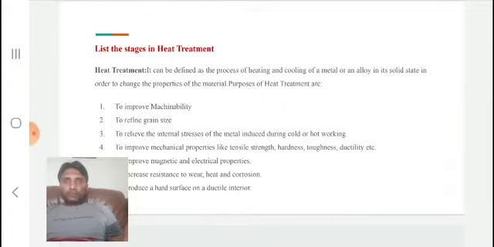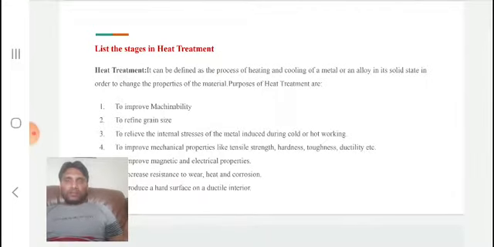GMRP Utnur. In the previous video sessions, we have discussed the solid solutions. We have discussed the solidification of metals. We have discussed the cooling curves for a pure metal. We have discussed the cooling curve for pure iron. We have discussed